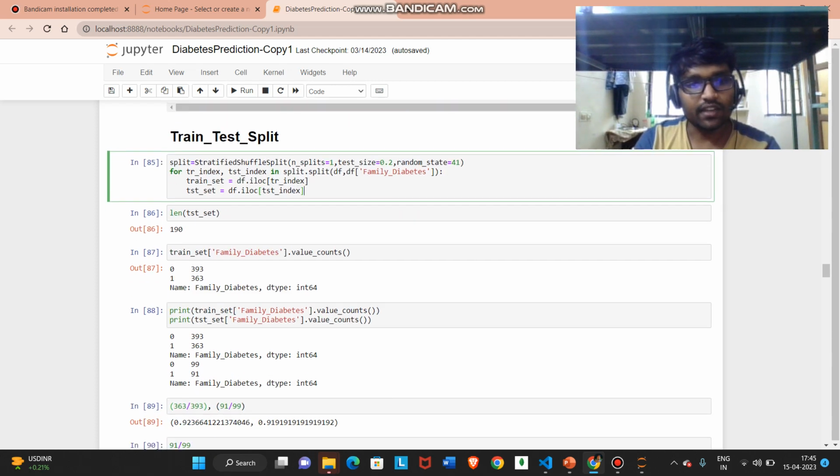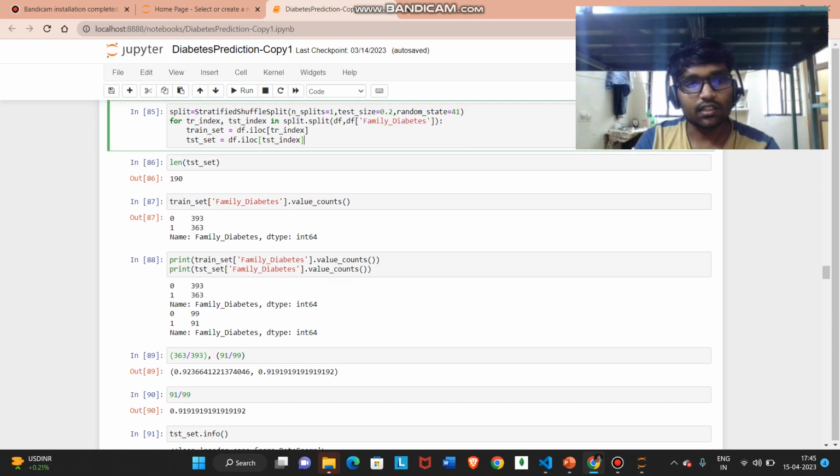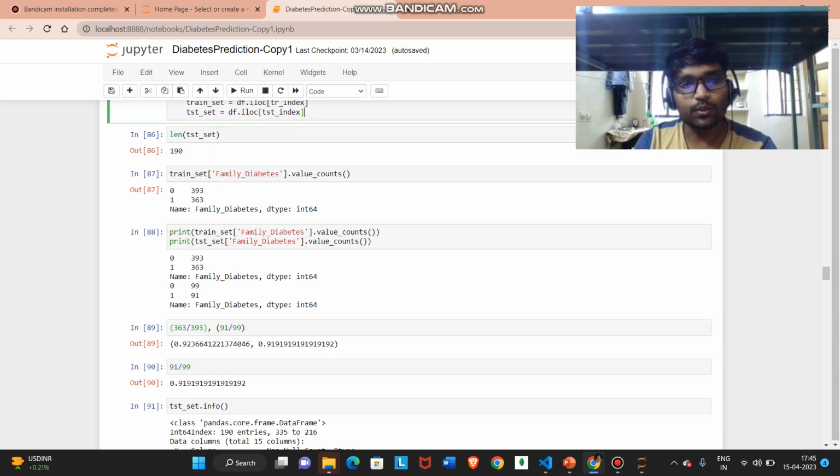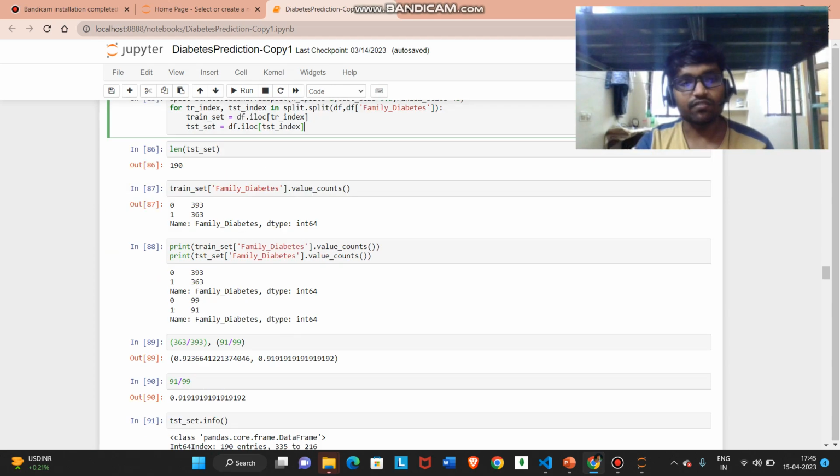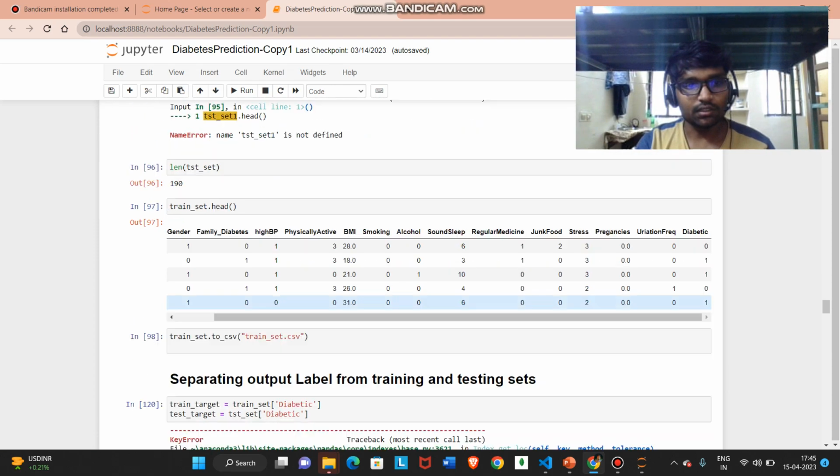distributed. Here we can see on the train set, the family diabetes value counts for 0 and 1 are 393 and 360, and in the test set 99 and 91. If you see the ratio, it is almost similar. That is the reason we have used the stratified shuffle split. And coming to